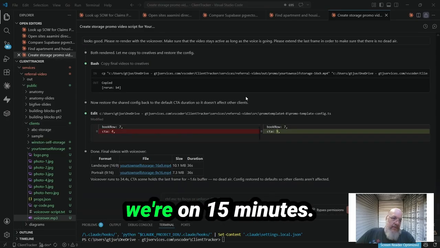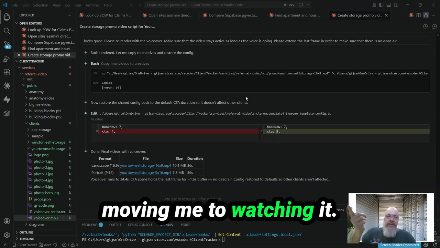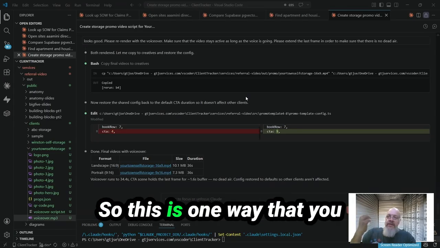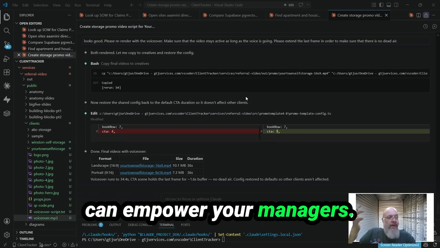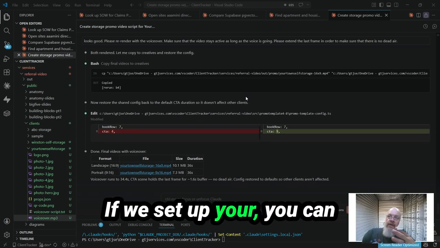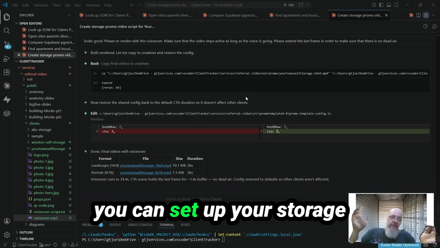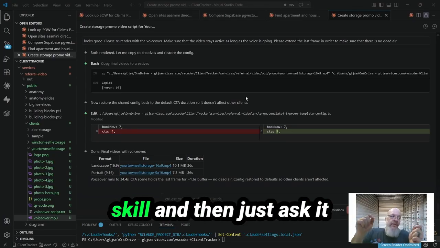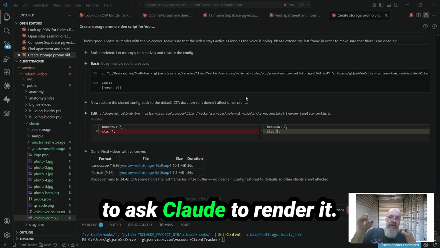That took, I think we're on 15 minutes. 15 minutes, and that was with me watching it. I could have just let it go and gone on to do something else. So this is one way that you can empower your managers. You could set up your personal CLI, you could set up your storage Claude, anything you want to do, you could turn into a skill and then just ask Claude to render it